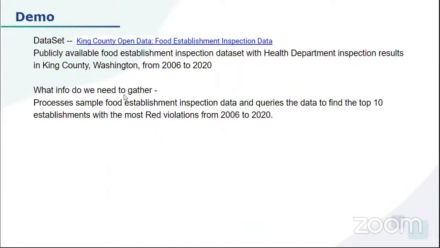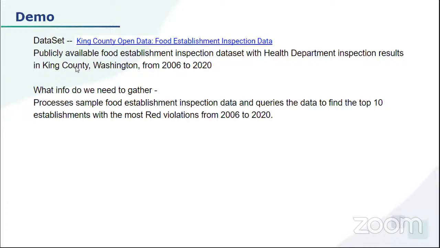I'll quickly walk you through a demo. It's basically a use case where this data set is openly available. It is a food establishment inspection data set with health department inspections.